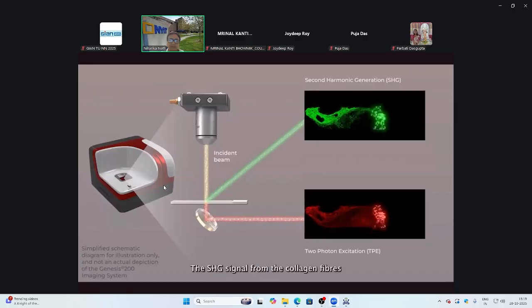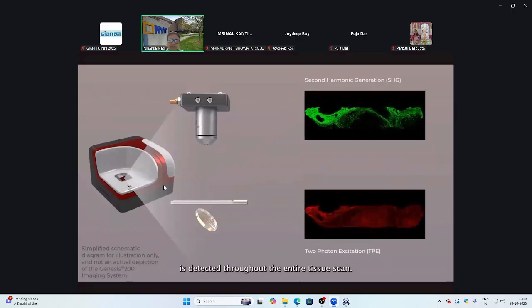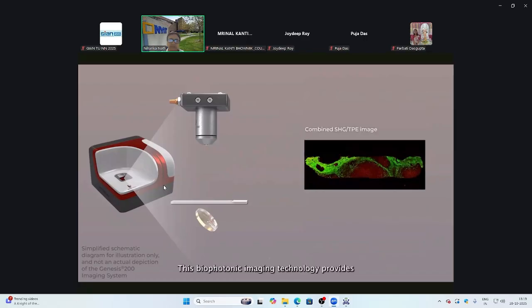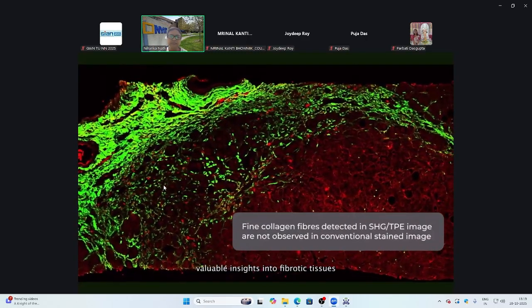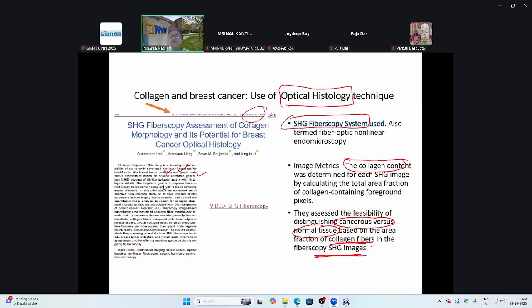The SHG signal from the collagen fibers is detected throughout the entire tissue scan. This biophotonic imaging technology provides valuable insights into fibrotic tissues, opening the door to new standards in fibrosis diagnosis that will benefit clinical research and this was